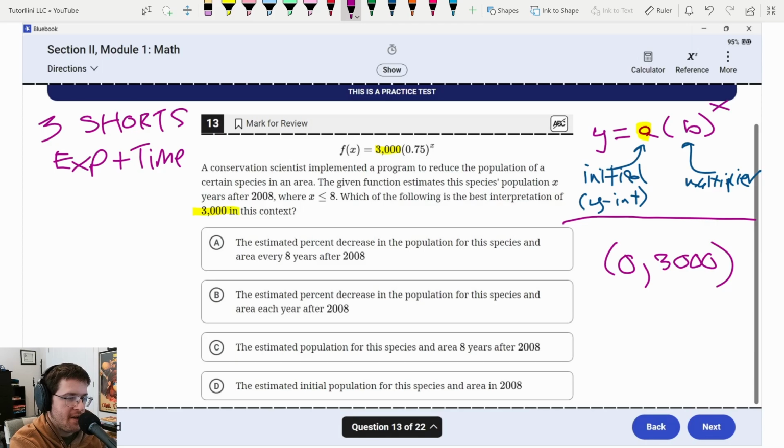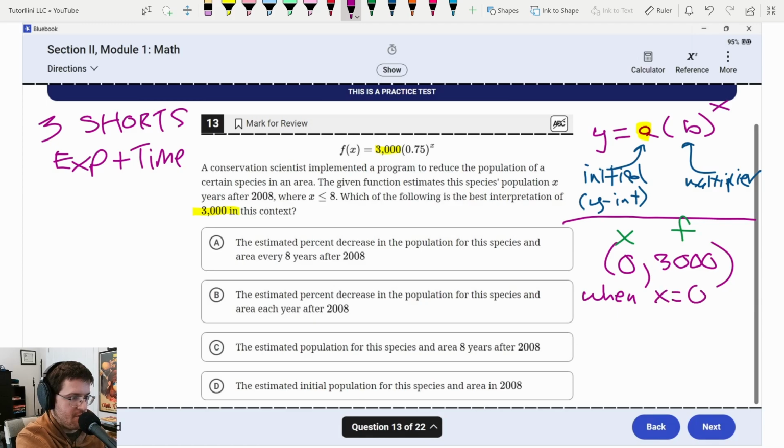All right. And if you weren't convinced, go graph it on Desmos. You can see the y-intercept very clearly. All right, so now let's interpret. I'm not even looking at the choices. Okay, so this is x. And the letter outside the function is your y. So this guy is f. Okay, so when x equals 0,